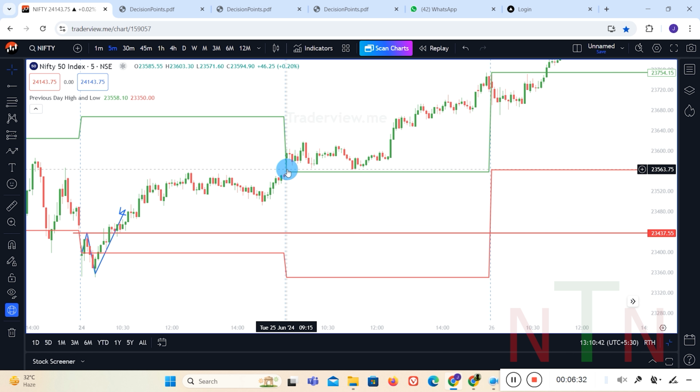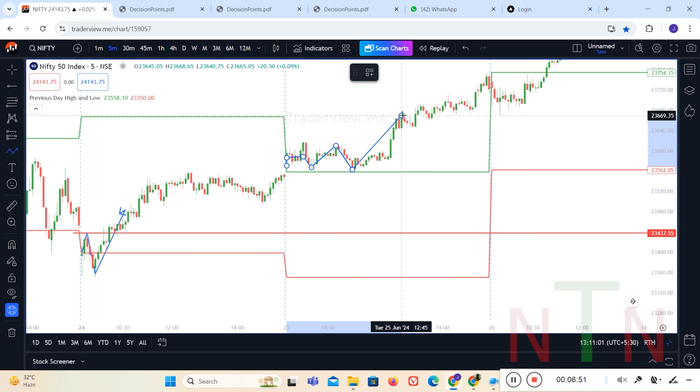Previous day high: the market opens above this, draw the price action, 15 minutes, let it go. So what did it do? The market came down, it's going sideways, going up, coming down. Still it does not come and touch the previous day high. Now here it is going up. So what has happened here?